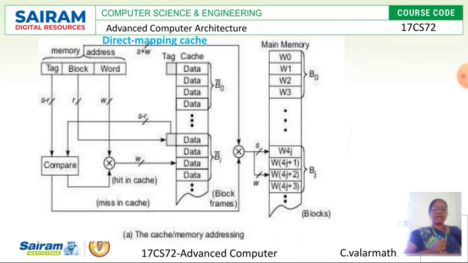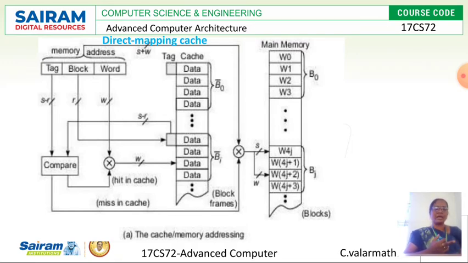So we have one diagram. When you take a main memory address, it consists of 3 fields. The first field is the tag field, the second is the block field, and the third is the word field. We know the meaning of word: it is the field represented from the processor to main memory. The block field shows the block number in main memory. The tag is for indexing purposes.